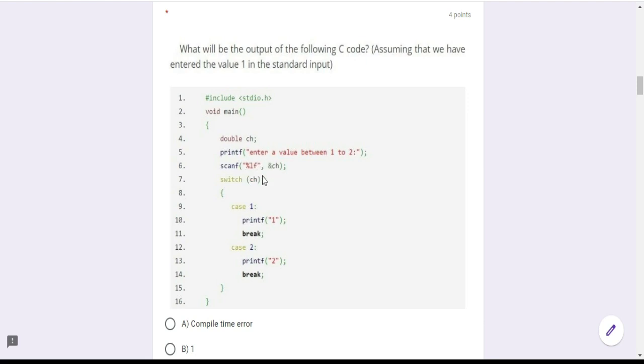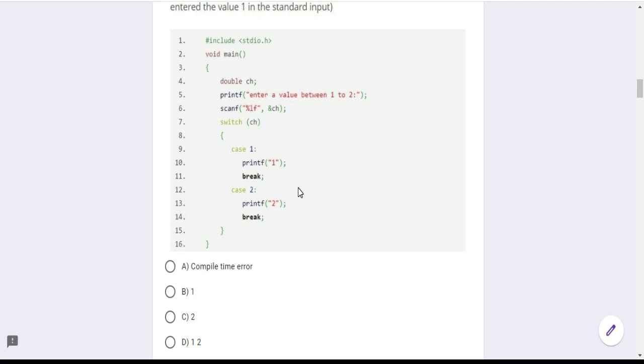As the scanf is a floating point value, the ch is a double, and the switch statement also gets the double value. Here please note the value statement for case 1 and case 2. Actually these two values are integer values. Then what is the input value? That is a floating value. So this code will not work, and the answer is compile time error.